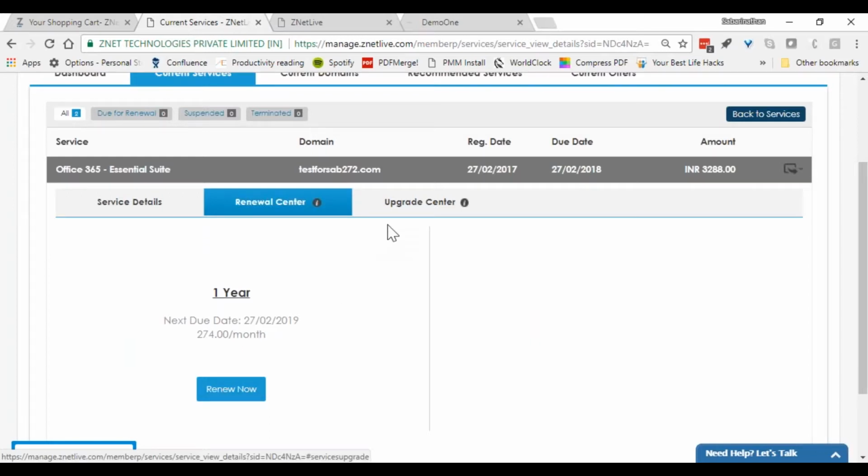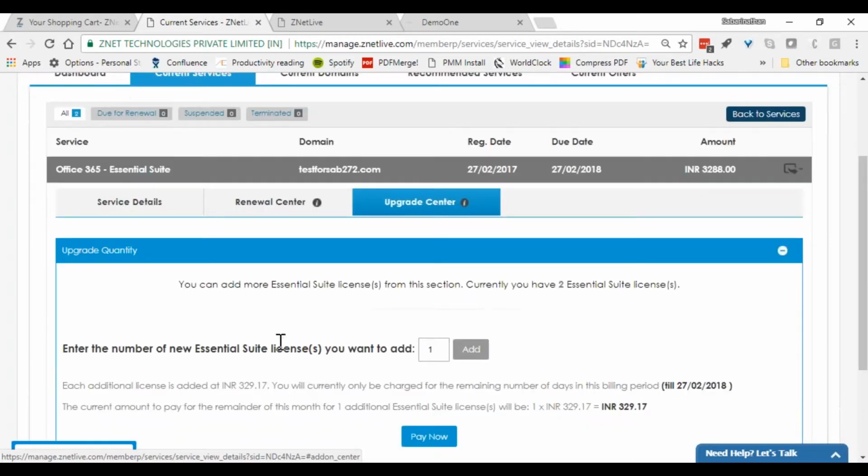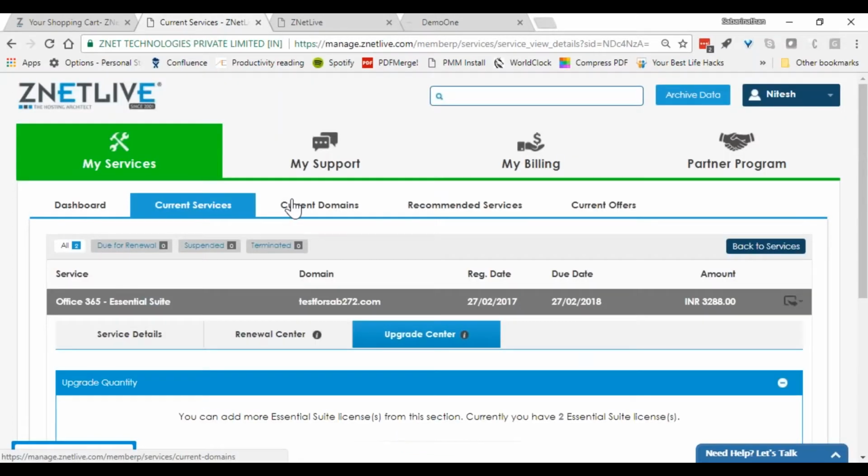So he can renew it directly from here, which means it will be automatically renewed on the Microsoft portal as well. And on top of it, you are also able to add additional licenses from here directly. So you are still able to perform all of these functions, and you're empowering the customer to do it himself. So what is the end benefit of all of this? The end benefit is you save time, you save effort of your people in doing all of this, because this is handled directly by the customer. And RackNap helps you with all of this in a very transparent way by doing this all for you. That's where RackNap stands out.